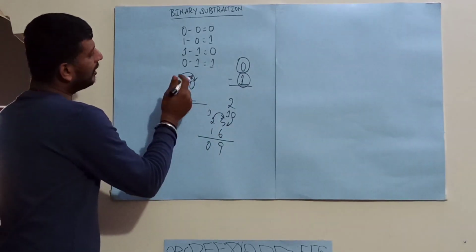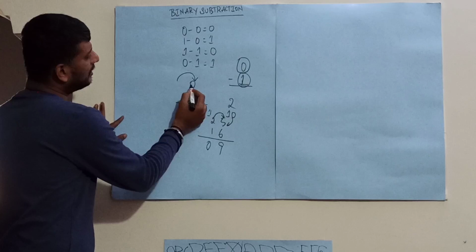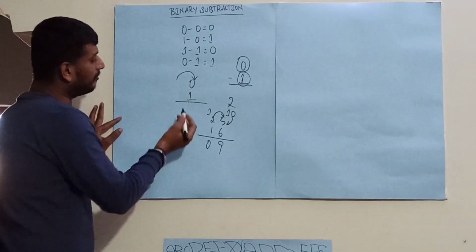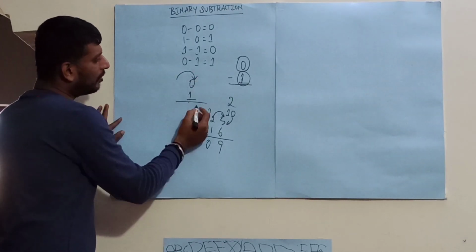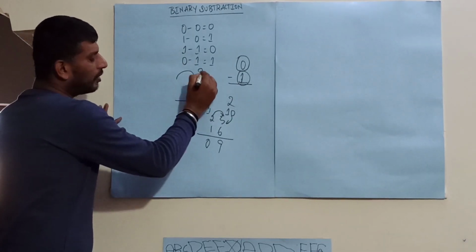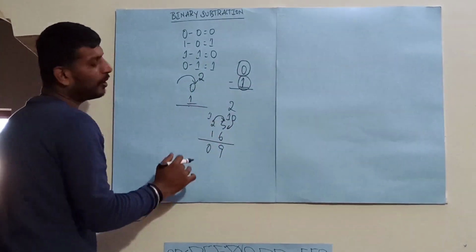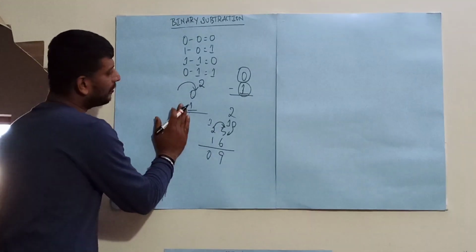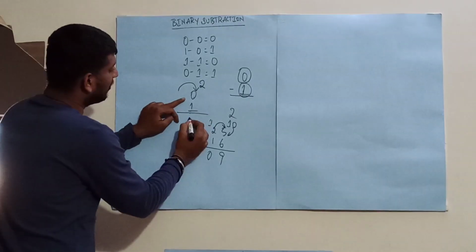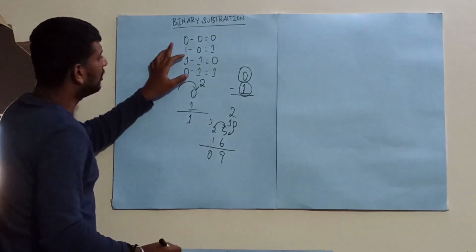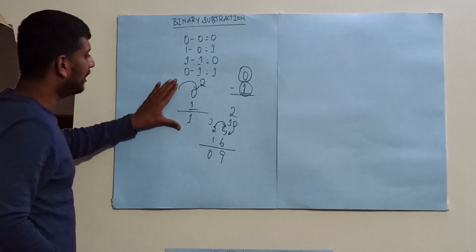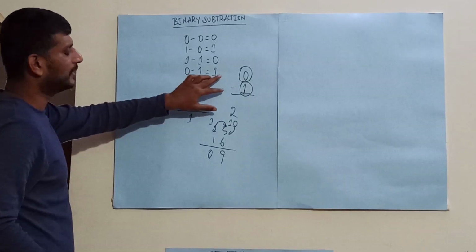In the same way, whenever you perform binary subtraction, if you have 0 minus 1, you have to borrow one value from the other side. Since this is binary subtraction, you borrow 2, whereas in decimal you borrow 10. Now 2 minus 1 is nothing but 1. So you get 0 minus 1 is equal to 1. This is how exactly you get the value 0 minus 1 is equal to 1.